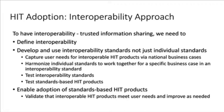What is the approach to adopt standards-based IT products? How are we doing it right now in terms of evaluating the way they support user needs? It looks like we have a long way to go. And I would like to